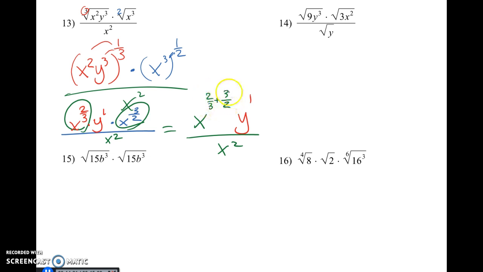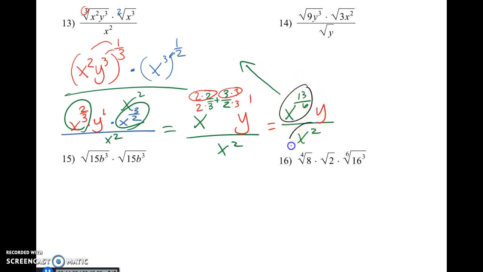So let's see what we would get right here. Common denominators, I multiply top and bottom by 2. I multiply top and bottom by 3. So 4 plus 9. 4 plus 9 gives me 13 over my denominator, which was 6, times y all over x squared. Now, when you have same base on top and same base on bottom, remember you can subtract those exponents. So I'm going to show my work up here, and I'll change color so you can see it. So if I subtract these exponents,